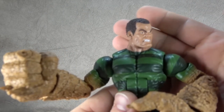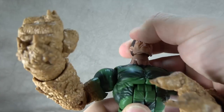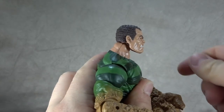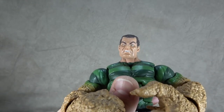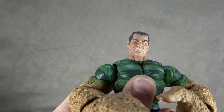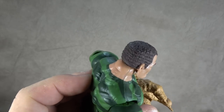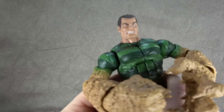And now we'll talk about this guy. So the head is on a ball joint, as you saw, and it's just a single ball joint. So the articulation is a little limited. I'm not sure why they did that, but up to there, down to there, and then the swivel. Nice face sculpt, and it is painted well with the eyes, the whites, and the teeth, and the hair is painted relatively clean. The hair is a bit darker on this one than it is on this one, but all in all, still